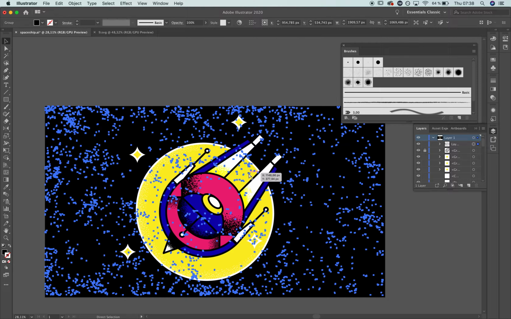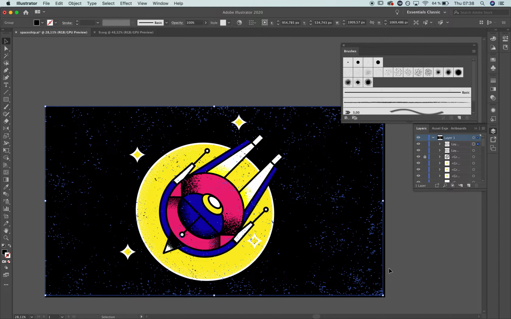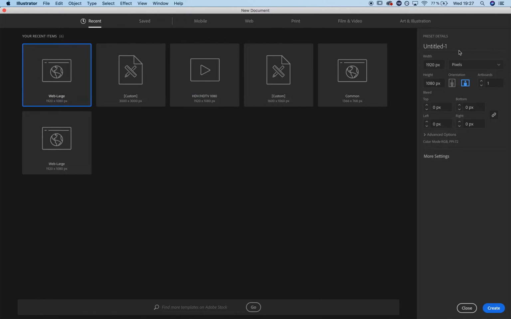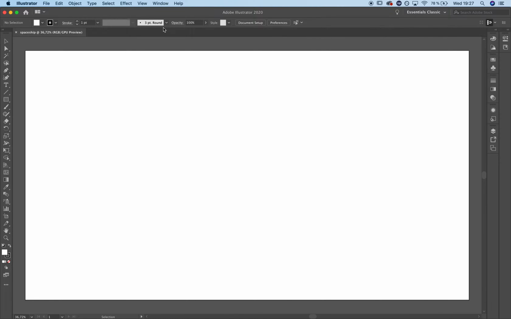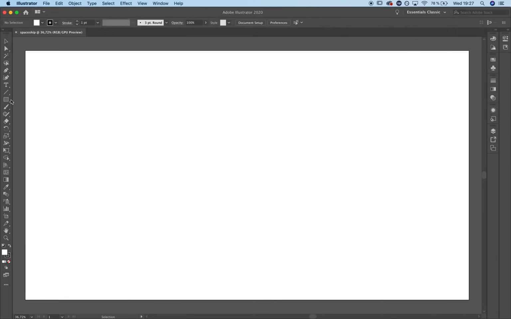In this week's Illustrator tutorial, we'll go through the process of designing a flat illustration of a spaceship inspired by the Millennium Falcon, and then apply a noise texture to it in just a few steps. The first step is to create a new document in Illustrator, name it spaceship, and hit create. Afterwards, I usually disable the snap to pixel option, just because I would like to have more freedom to where I place my anchors.